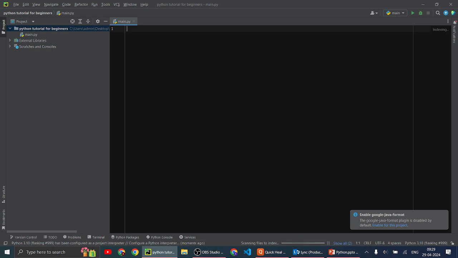The first thing we do in every programming language is write Hello World. To write a Hello World program in PyCharm, you can use this syntax: print Hello World.